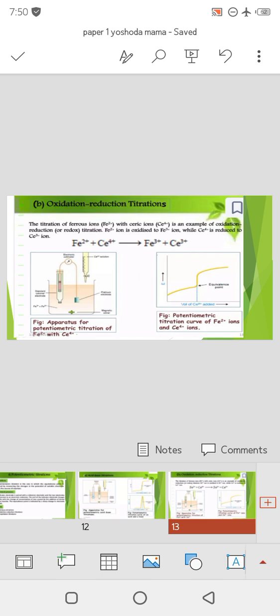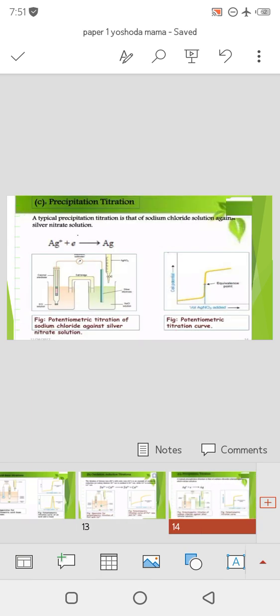So next one, we can observe in this diagram. Next one is the apparatus for potentiometric titration of Fe2+ with Ce4+. How does it work? We can observe in this first diagram. And next one is the volume of Ce4+ added. So when we add the Ce4+, we can observe this curve, the potentiometric titration curve for Fe2+ ions and Ce4+ ions. So next one is the